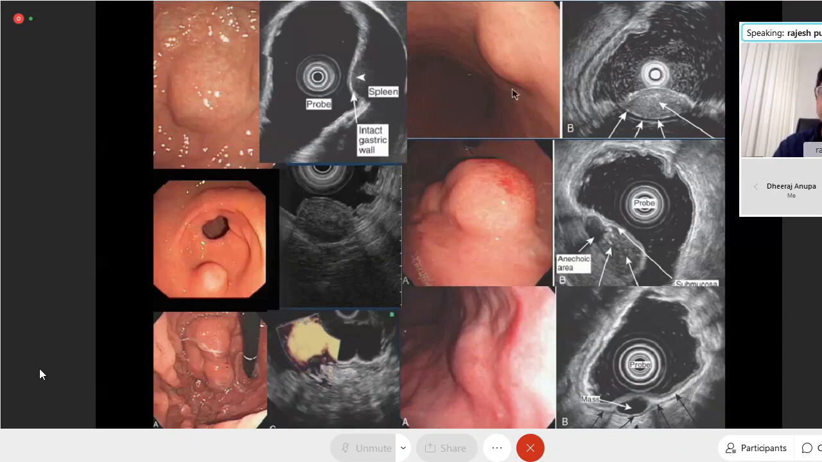Here the submucosal lesion is a lipoma, which doesn't require any treatment or follow-up. You tell the patient it is a benign lesion and no follow-up is required. But such kinds of lesions which require surgical or endoscopic treatment, and here is a duplication cyst. So endoscopic ultrasound helps in knowing the nature of the lesion, the layer of origin, extramural versus intramural, and helps in